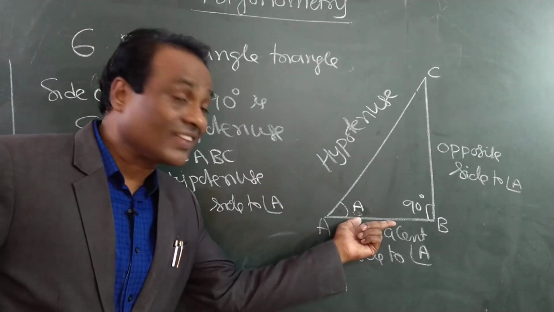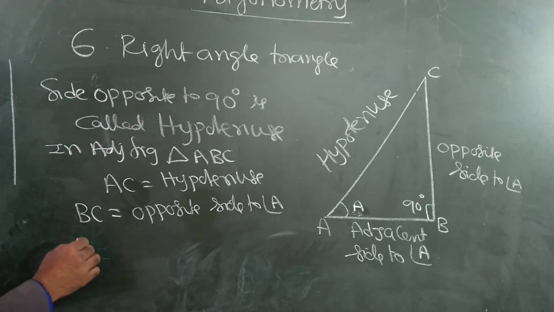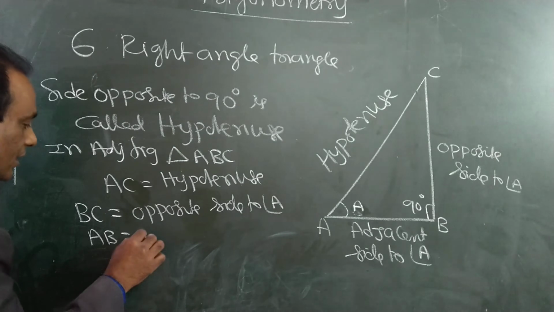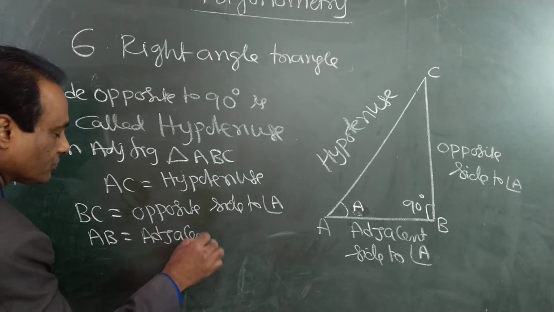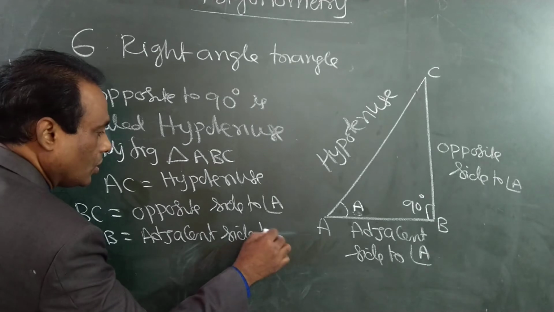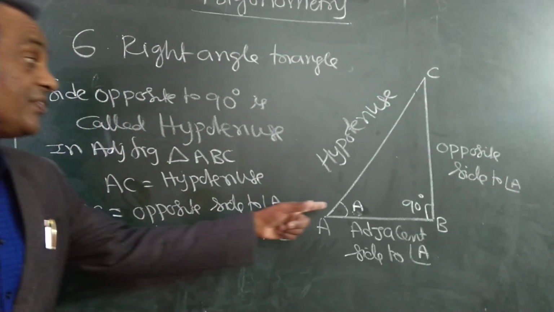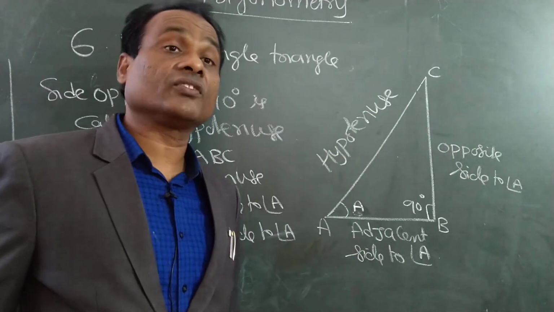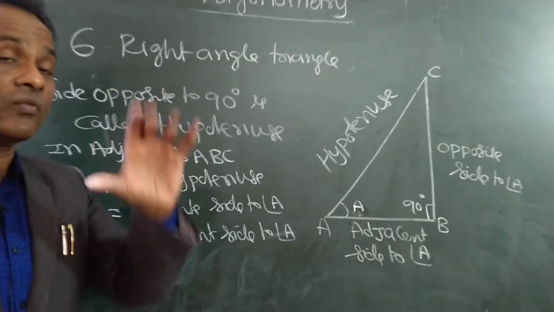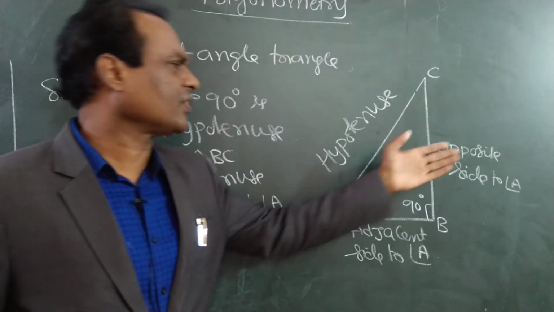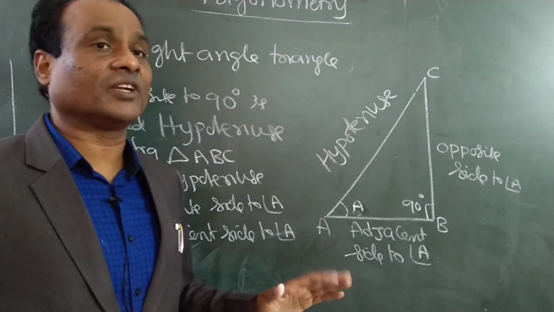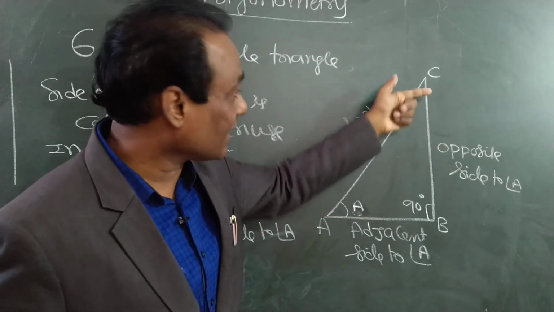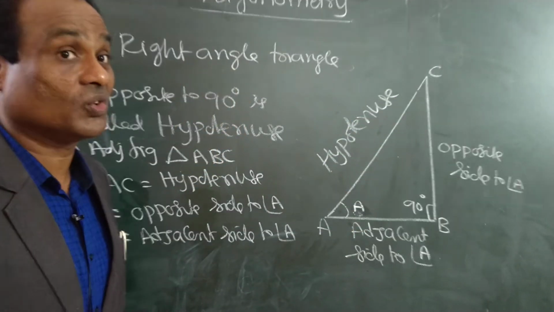And what is the name of this side? Adjacent side. So AB means this side. AB is this side. This is called the adjacent side to angle A. But if instead of A, suppose I take this angle, then this will become opposite and this will become adjacent. That difference you have to know. It is somewhat confusing, so we always use this opposite, this adjacent, and we get practice. But when the angle is changed to this, this will become adjacent and this will become opposite. That difference you should know.